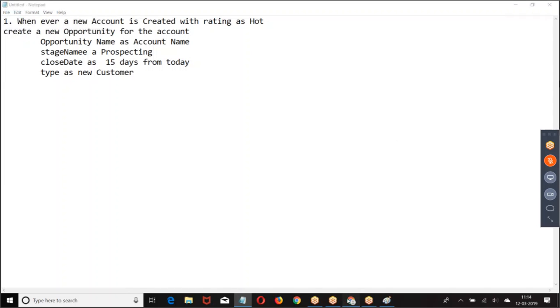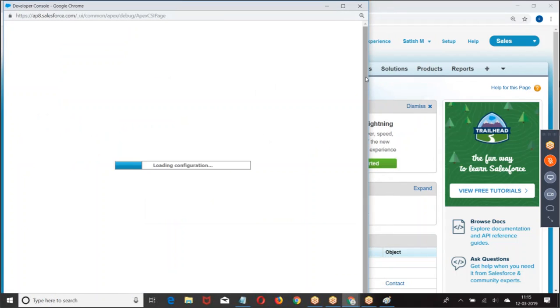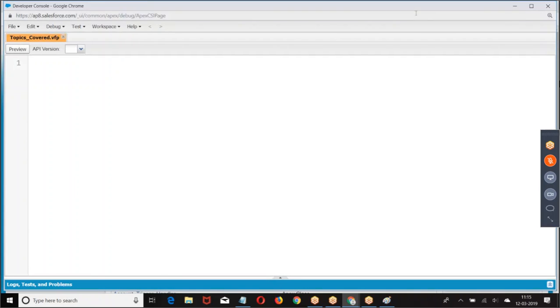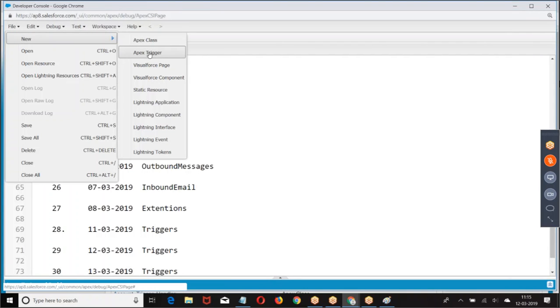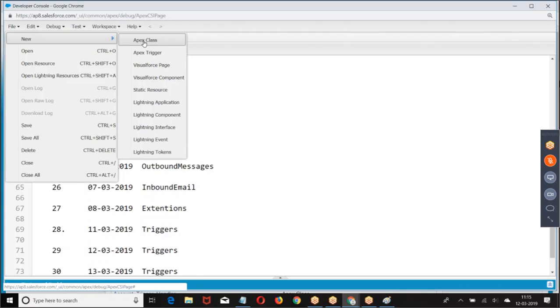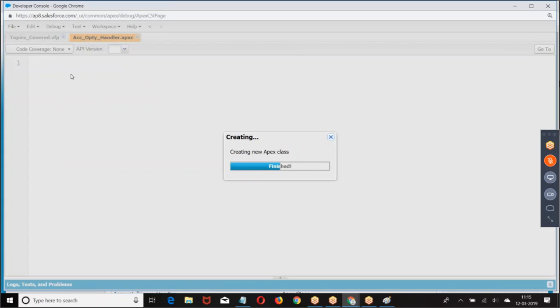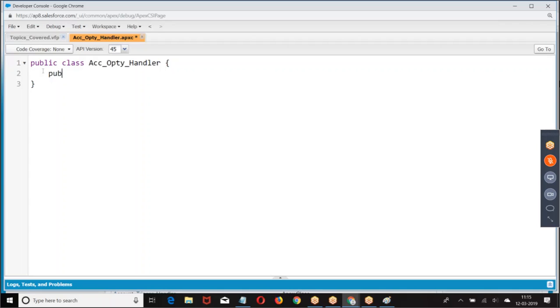Let us take an example. The same example I am trying to execute. I told you already, it is not good practice to write the trigger logic within the trigger. Better write it within a class. Public. It is not necessary that you give it static. If I give static, I can call it directly. Only because of that I am giving it. It is not mandatory.